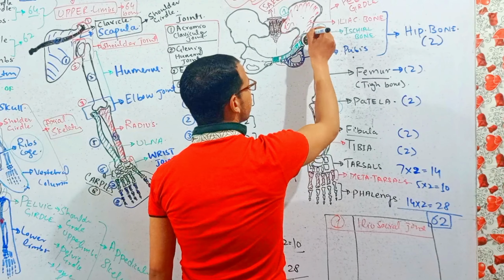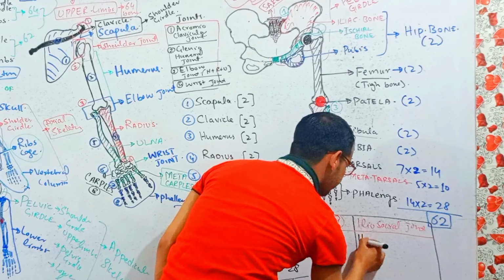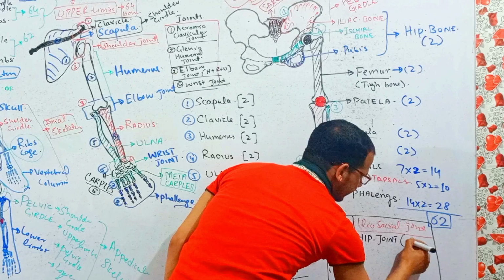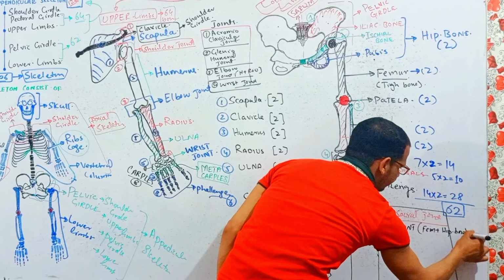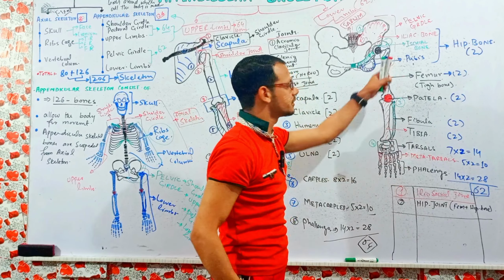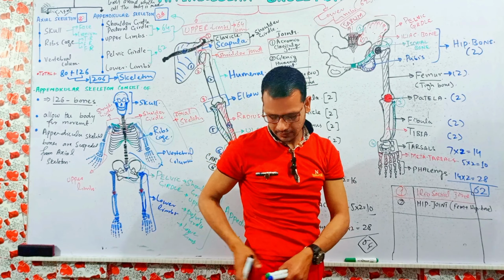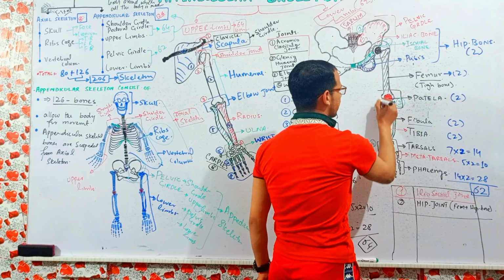The next joint is here. We have the hip joint. This is called the hip joint. The hip joint is in between the femur and hip bone, right? This is a very important joint. This joint is a synovial joint, which is a freely movable joint, and it is called the hip joint. The next is the knee joint,